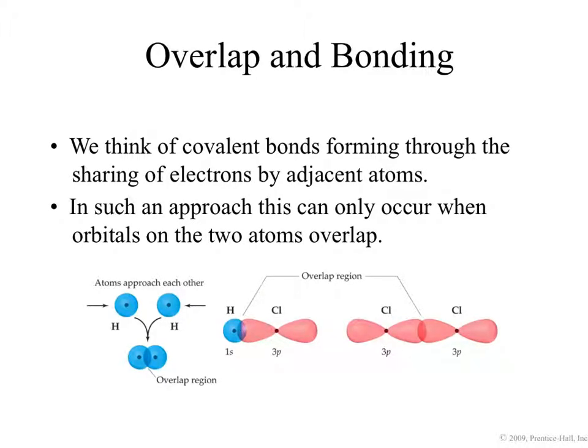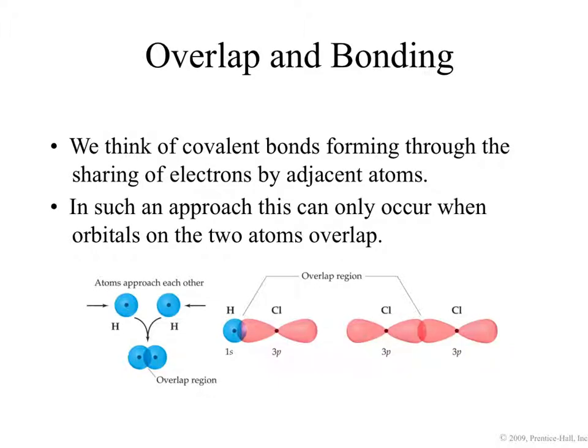So as we've talked about, covalent bonding is formed by the sharing of electrons of atoms that are next to each other so they can share electrons. This can only really happen when the orbitals that have those electrons overlap. So this is an example of hydrogen chloride. Hydrogen has a 1s orbital with one electron in it. The orbital that is holding the electrons that are bonding for the chlorine are in the 3p, because chlorine, let's get a pen,